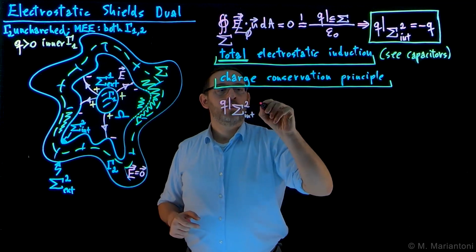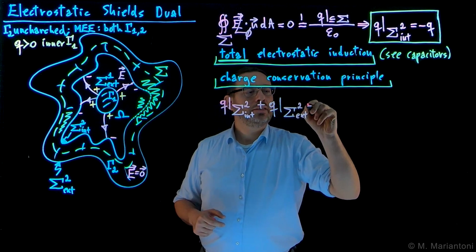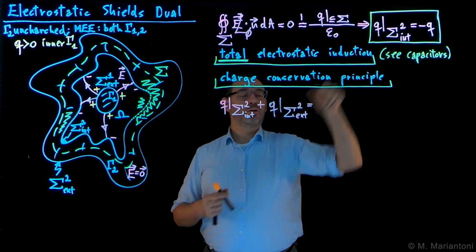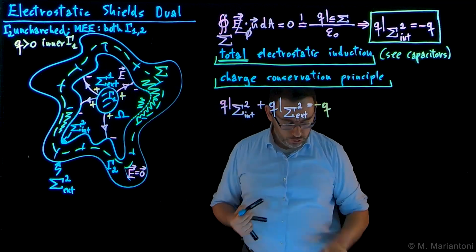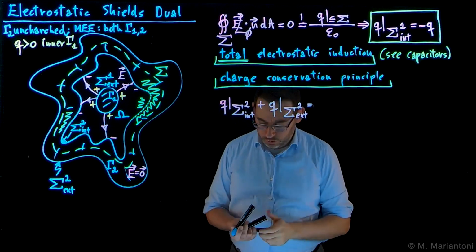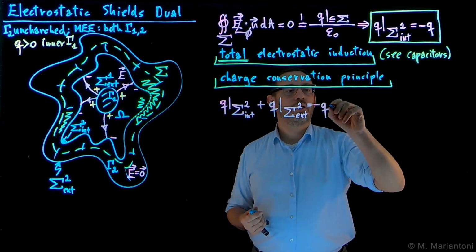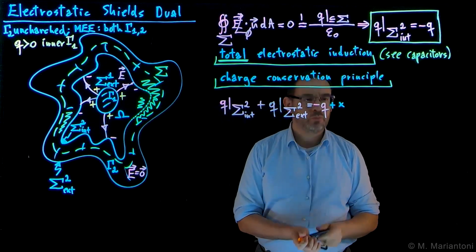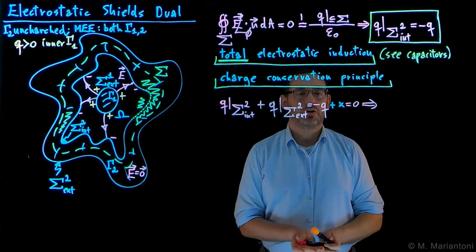which means Q on capital sigma internal 2 plus Q on capital sigma external 2 is equal to nothing but capital Q on sigma internal 2, we already calculated this, minus Q, plus our unknown. Actually, let's do this one in red to be consistent, because Q is positive, and we do it in orange, so let's do this in red. So it's minus Q in red. And now there must be an unknown quantity, X, which is this charge here. Okay, so this quantity has to sum up to 0, which clearly implies that X, let's do this one in orange because we go back to a positive sign,